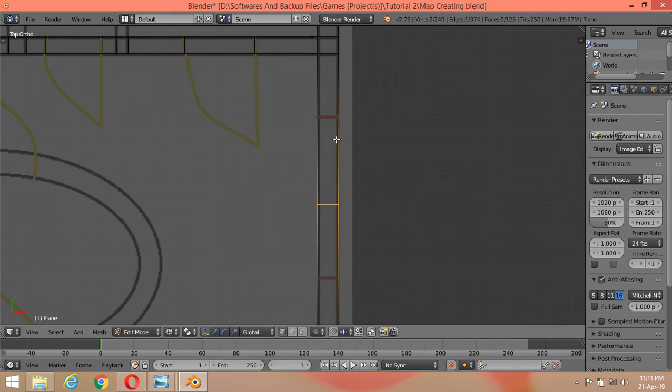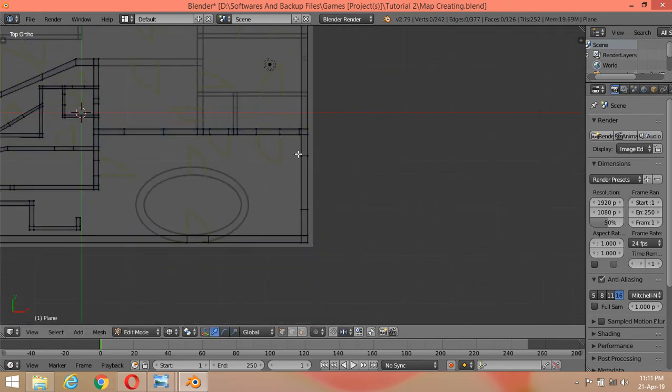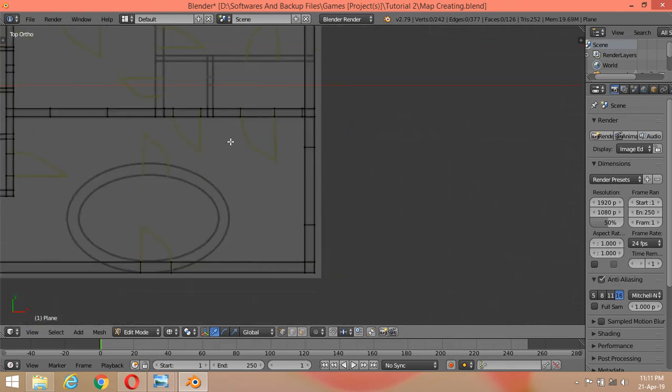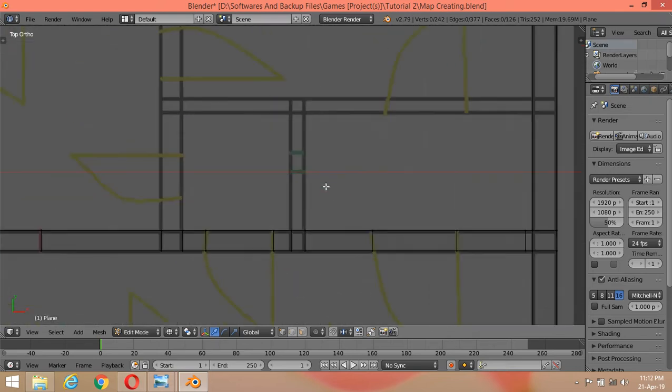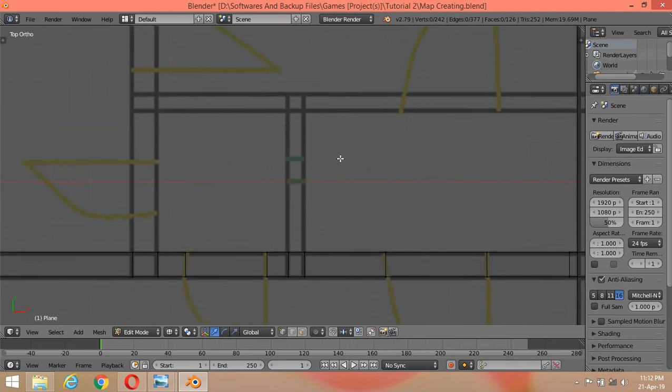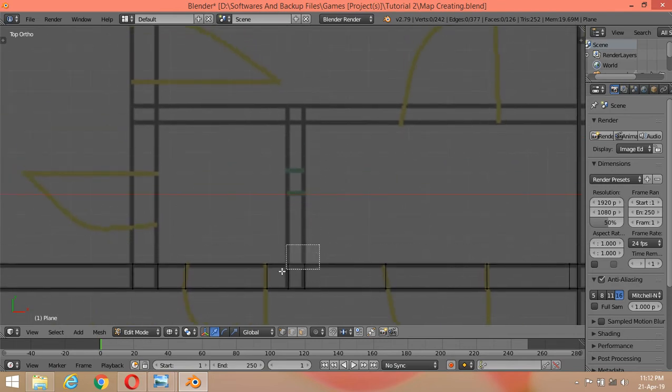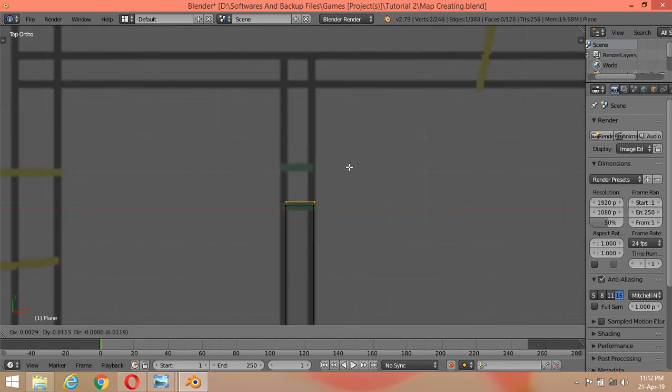Control R, one loop cut, and left click and move mouse over here and left click again to put it here. Similarly, Control R, loop cut right about there, and A to deselect and Z to check, and yes, we have our window now. Now next remaining areas for these purposes, the ventilator over here and the walls, select B to select this, E to extrude Y to put it right about there, E to extrude Y to put it, E to extrude Y to put it, E to extrude Y to put it,